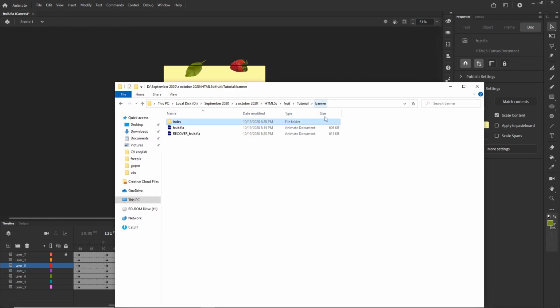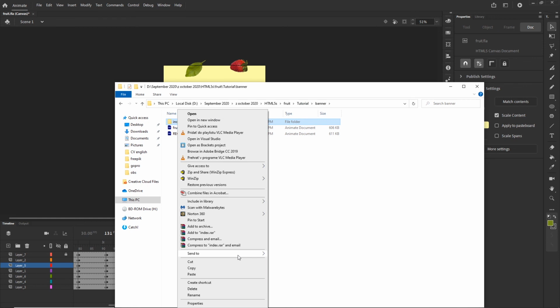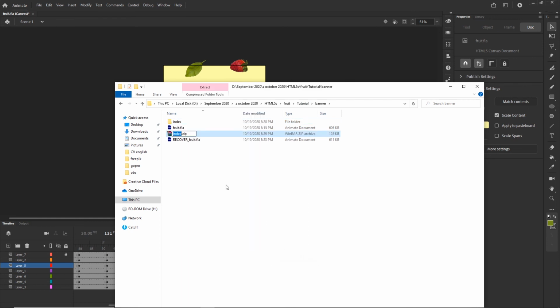Okay, and if you would send this to the client, what you would do is on this index file, just right click, send to, and compressed zip folder. Okay, if you want to put this to the Google Ads, there are some additional steps. I can provide a link in the description for the website which explains that a little bit, because there is some kind of code that is needed in there and so on. But one of the things is that this zip file needs to be smaller than 150 kilobytes, and in this case it is, because these images,